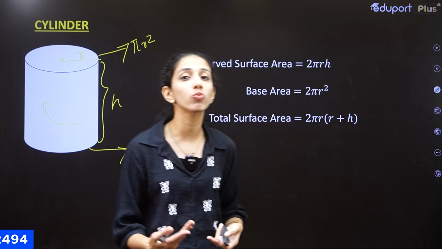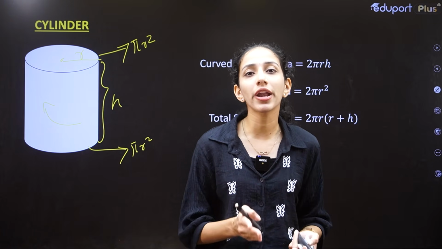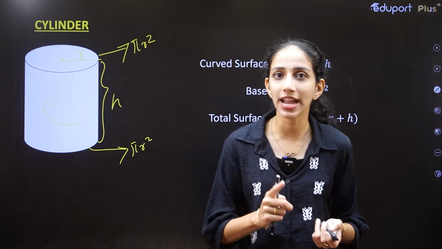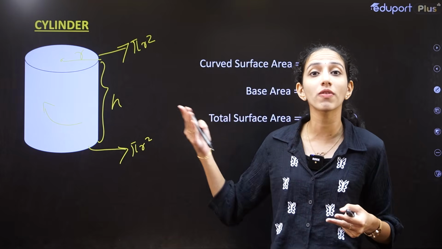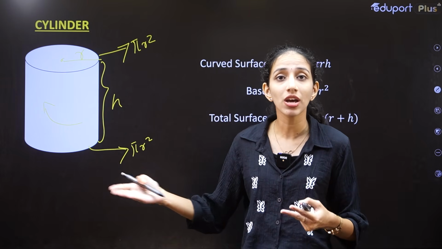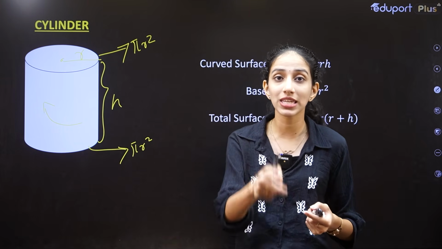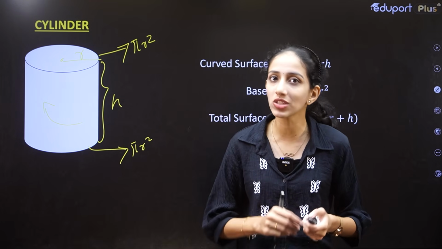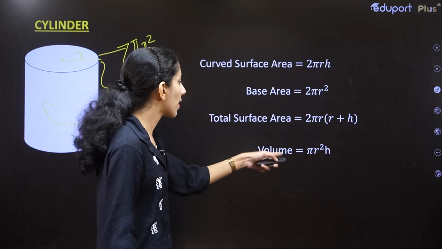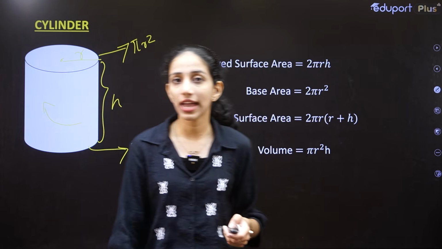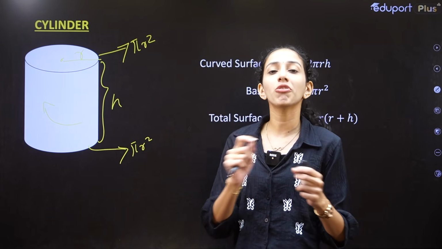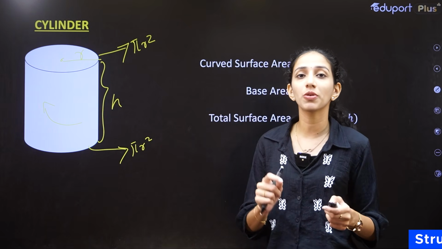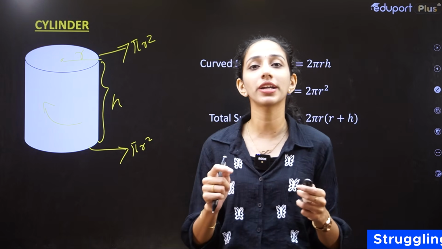Then what about its volume? Volume is the product of base area and height. And base area, what is the base area of a circular face? Sorry, cylinder. It has a circular base. So its base area is pi r square. Then what about its height? It is taken as h. So what is the volume? Pi r square into h. Okay, clear? Okay, write down all the formulas in your notebook, because it is very, very important while you are